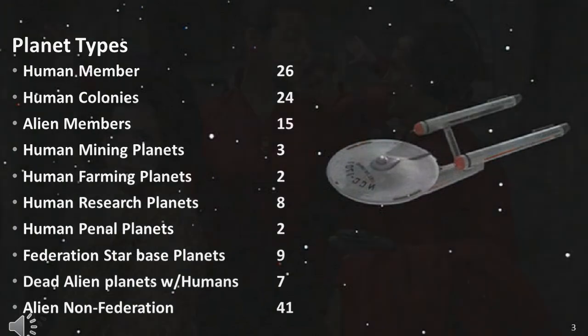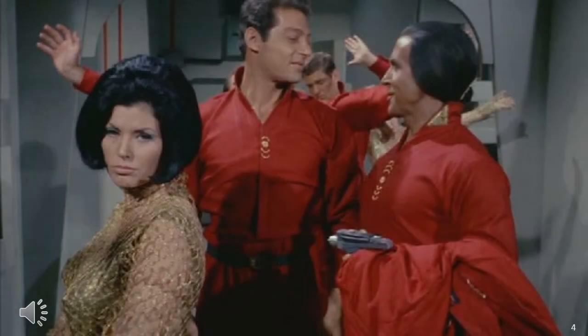The only issue is the number of mining and farming planets seem rather low. The number of colony planets seem a bit low as well. As these types of planets are not as important as full member planets, the Enterprise may not spend that much time visiting them. We can get an idea of the correct numbers by looking at the estimate of all the